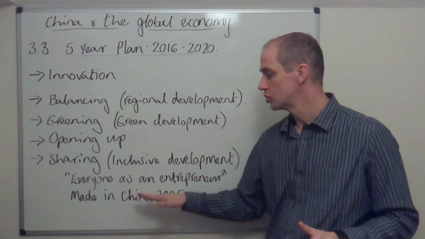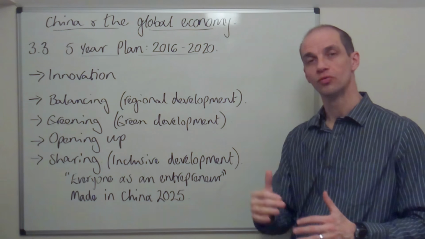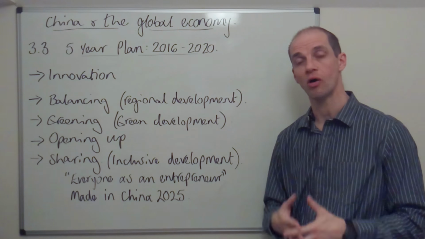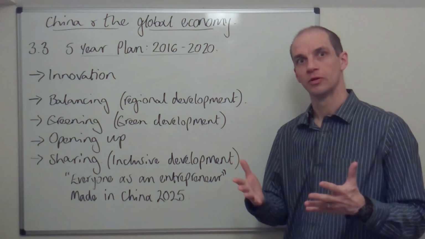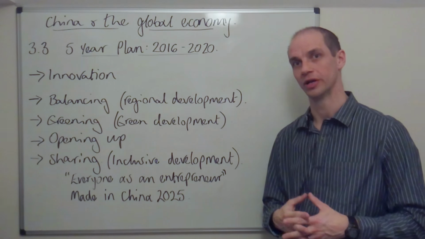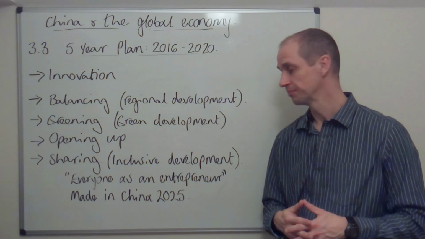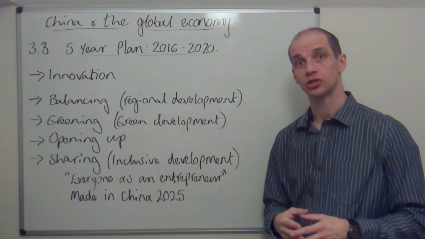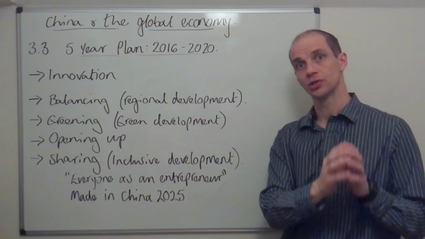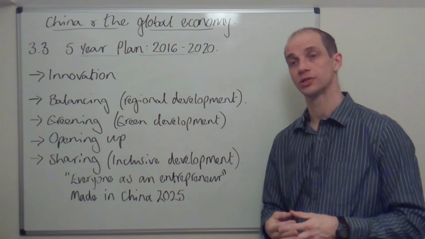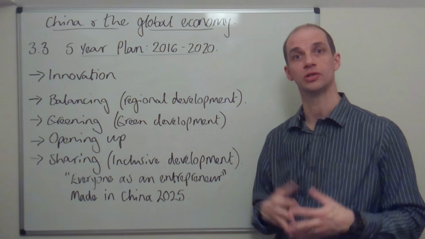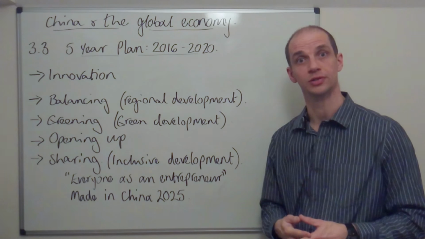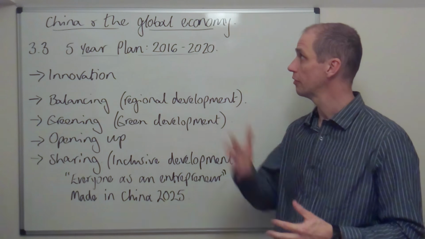But nevertheless, China is just aware that they need to really heighten their ambitions to make sure that in the West we perceive their goods to be of a higher value than we previously have done with the sort of Made in China tag that we're so used to seeing. One of the ways that they also hope to do this is to actually improve the university and research links to commercial-based projects, so to make better use of the research that's being done academically to improve the products that they can offer overseas. Okay, so that is our 5-year plan.